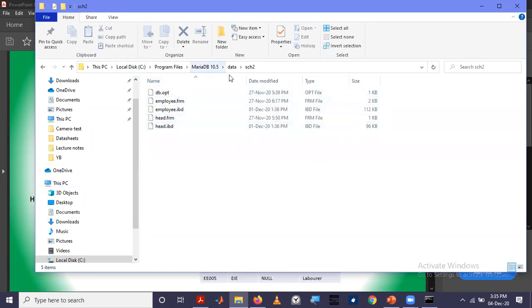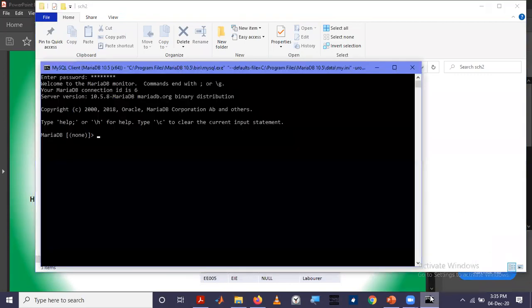These are the files in your schema. That's why I told you that you have to remember the schema name, otherwise you will not be able to log in and see your tables again, right?